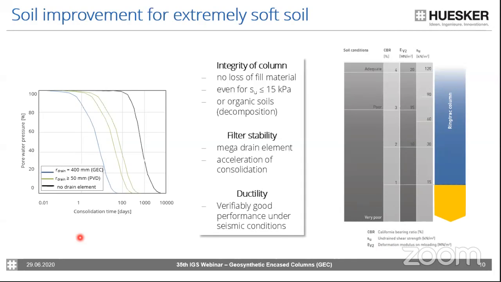This will really accelerate your consolidation process. That also means all settlements which are required to activate the forces, like I've shown you at the beginning, can be compensated during construction. So the settlements will happen, but they will happen early, and therefore you can compensate for them